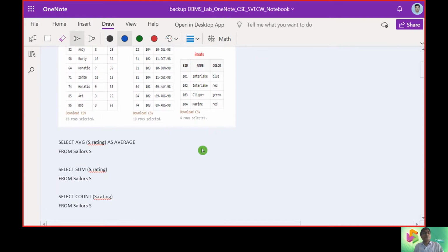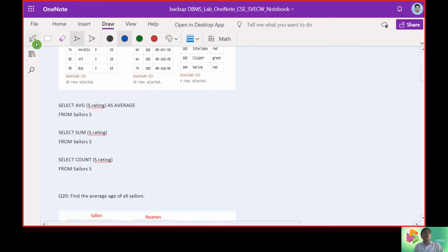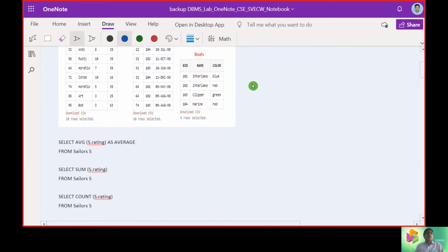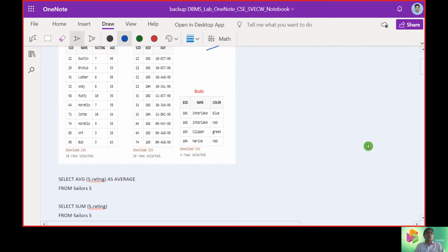These are very simple commands to get a glimpse of what is going on with the average rating and sum of rating. We get the sum, then use the average value, which is the sum divided by the total number of rows.